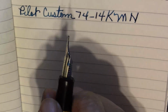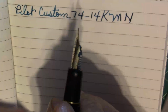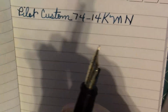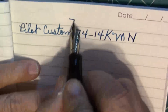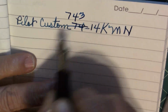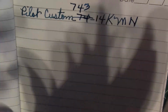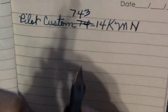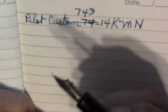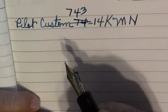And the ink I'm using on this little jewel is going to be the, I'm sorry, this is the Pilot 743. I pulled up the wrong pen, so yeah, this is the Pilot 743. And this is the 14K, medium nib, okay? So, let me get that corrected before somebody corrects me. So sorry, yep. But anyway, Pilot Custom 743 with a 14K medium nib, and it is a lovely nib. And the ink I'm using,